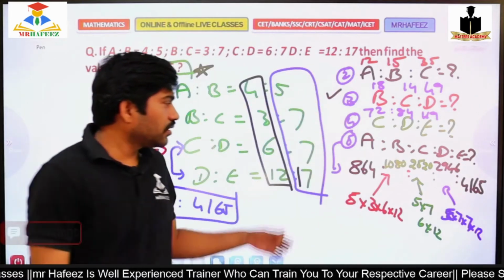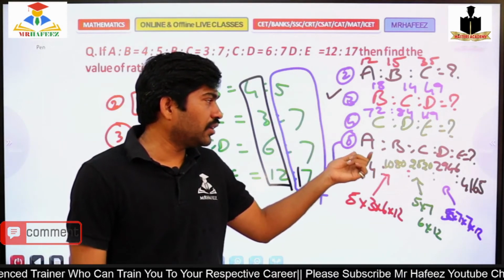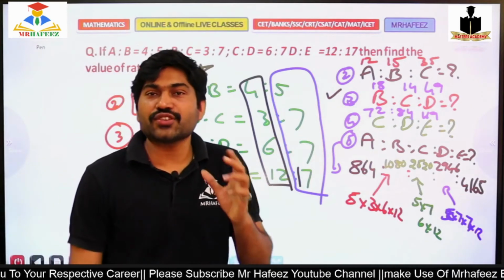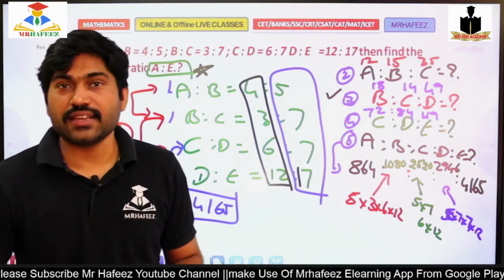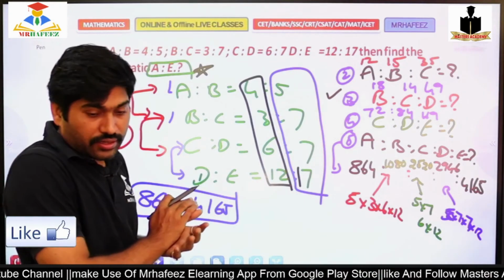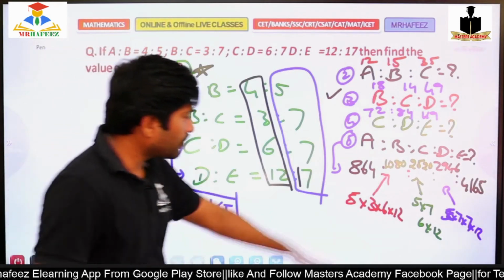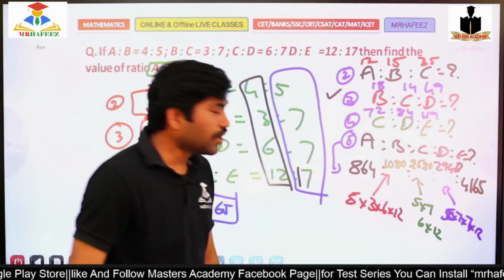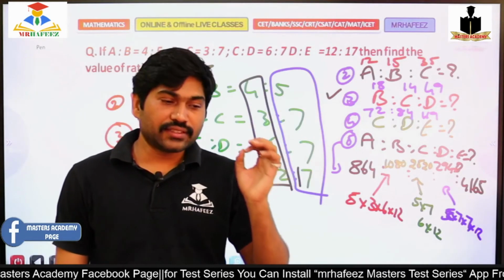So now it's 864 and 1080 and 2520 and 2946 and 4161. So this is the final ratio of A is to B is to C is to D is to E. So like that you can calculate very faster, very easier. Even then it is a very difficult question, but the numbers also will make you break. So is that 2940? Wait, 7 7 49, 60. Yeah, it's a 0. Yeah, 2940. So if it is clear, type CLR in the comment box.